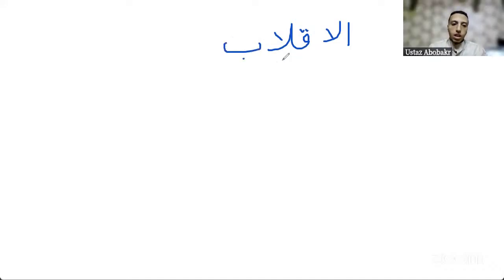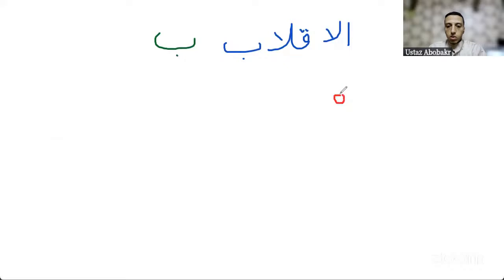All right, what is al-iqlab? It is one of the rules, and it has only one letter, which is letter ba. Once we find letter ba after a nun sakin or after a tanween, we're gonna do something called al-iqlab, which basically means we're gonna exchange the sound of the nun sakina or the sound of the tanween with a sound of a meme with ghunnah. Let's take an example and see how this works.